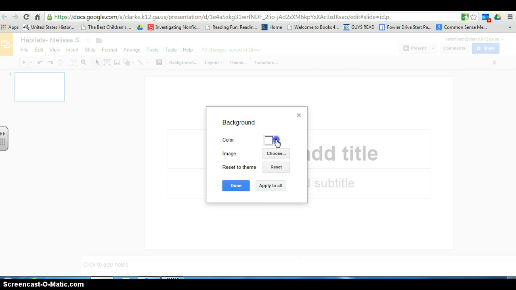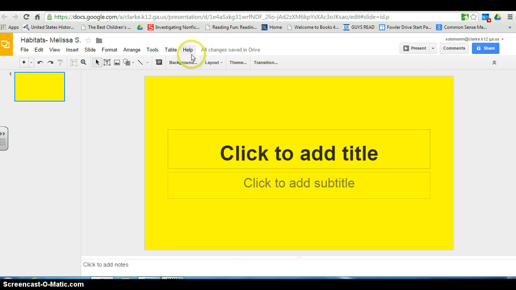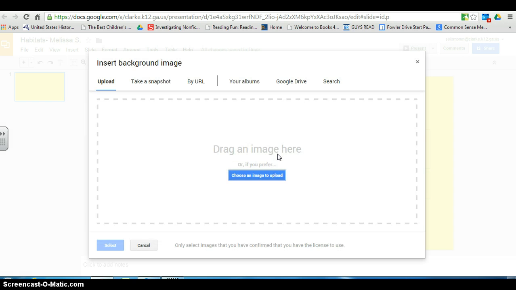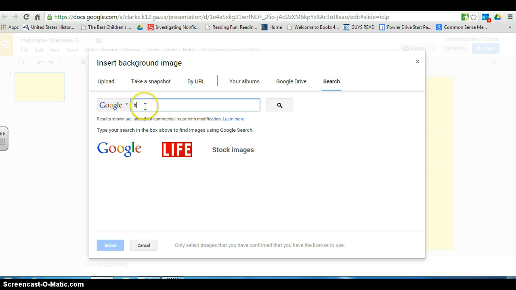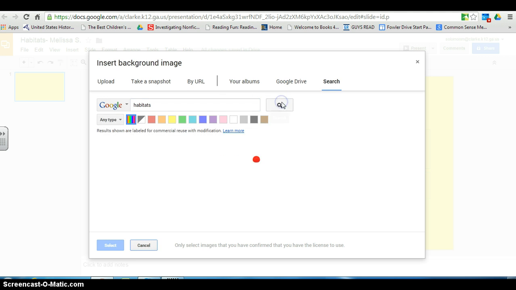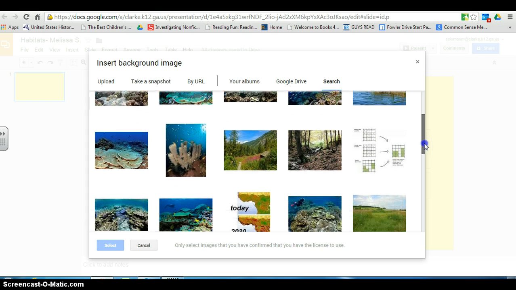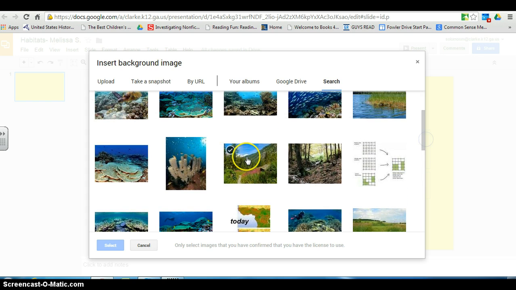I can choose a color such as maybe yellow, or I can insert a picture. And the way I do that is I'm going to go to this where I went to choose the background the first time, except this time I'm going to choose an image. I'm going to go to the search feature here, and I'm going to type into Google habitats. Okay, so I'll search, and the pictures that come up, I can choose whichever picture I want to use as my background. I think I will select this one here,